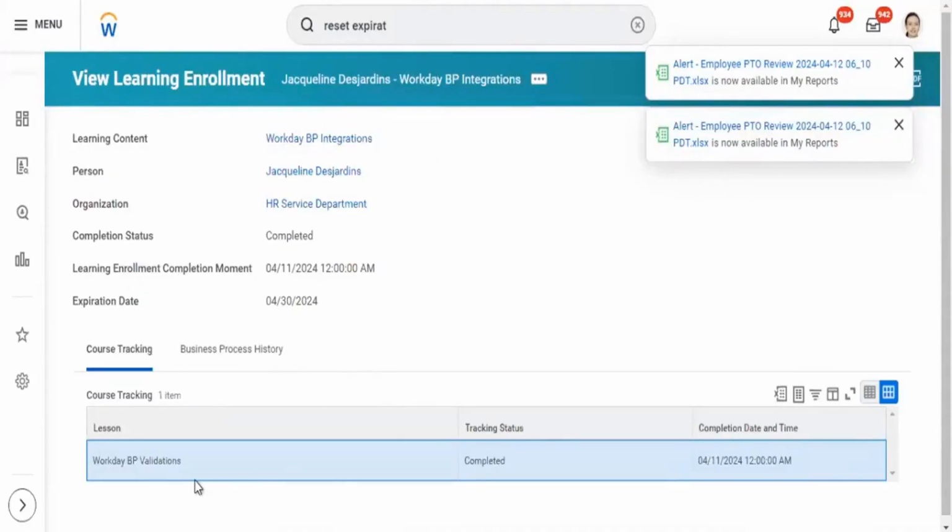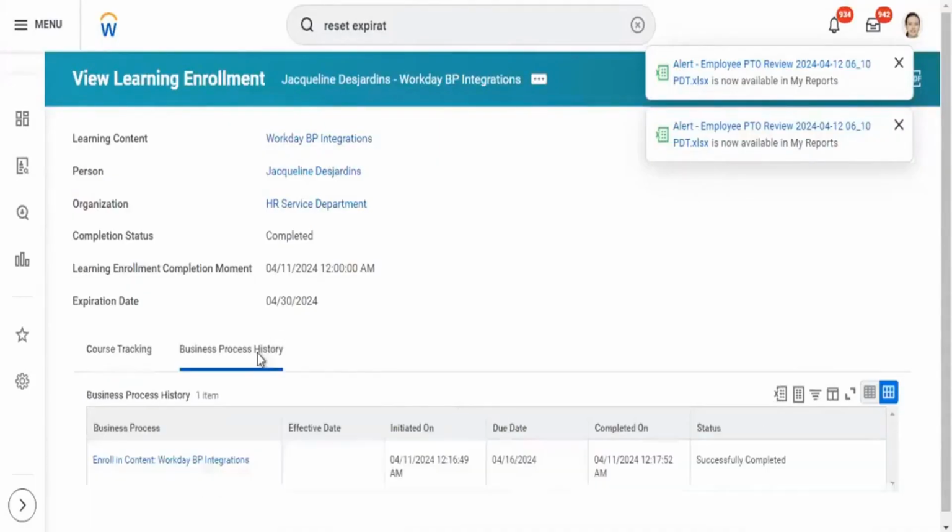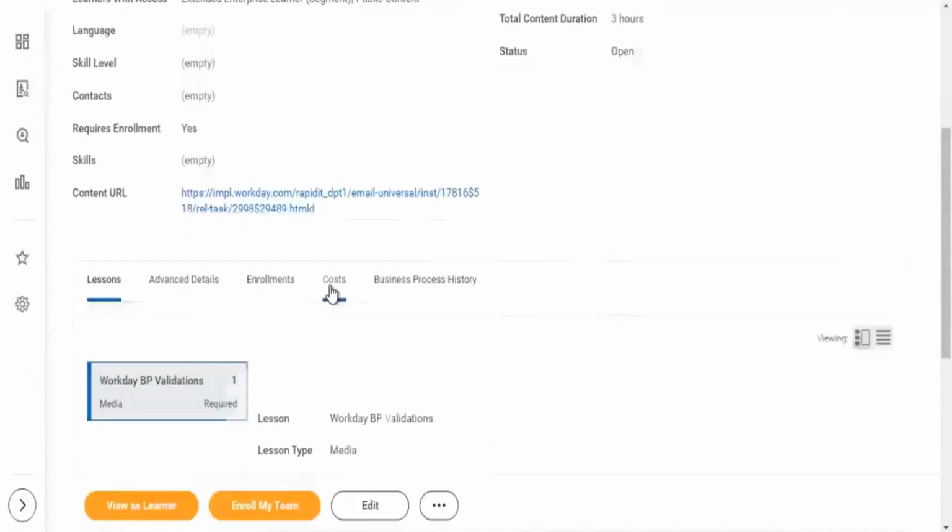I thought the course will get expired. This is the nomination or enrollment. This is only for enrollment. Expiration on learning records is nothing but that which will let learners enroll within that expiration date, and after that it will not enroll. You can also set the expiration date at course level, if you go to the course.